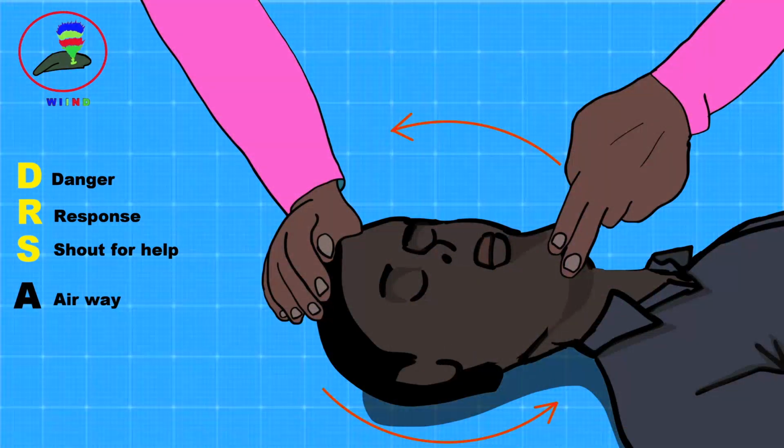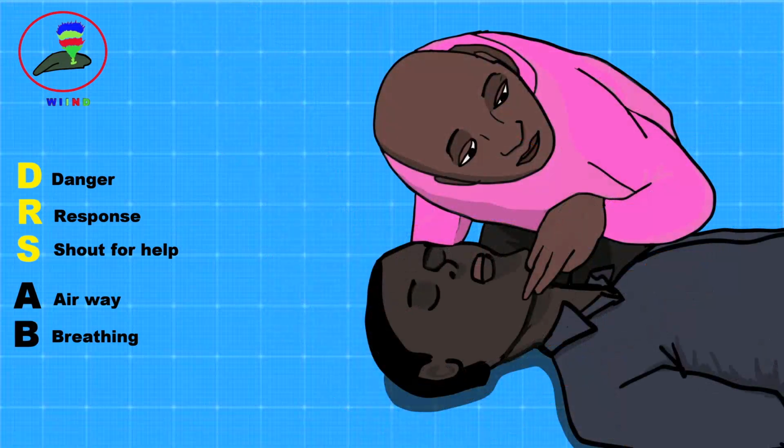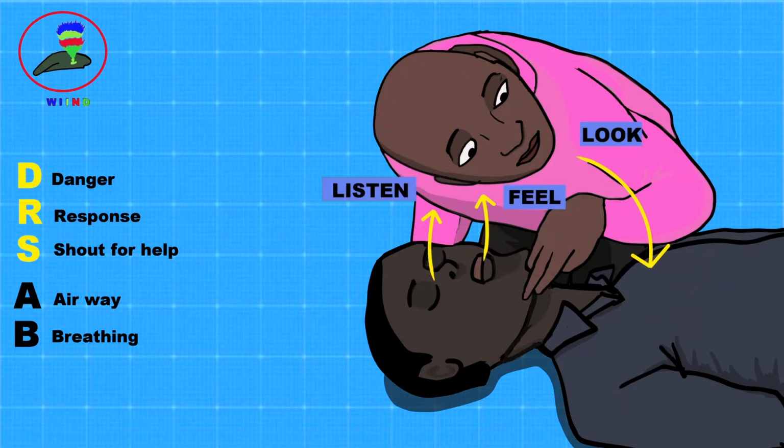A is for airway. Gently tilt the head back like this to open up the airway. B is for breathing. Look, listen, and feel for signs of normal breathing. Look for normal chest movements, listen for normal breathing signs, and try to feel their breath against your face. Do this for no more than 10 seconds. If there is no sign of breathing or they are breathing in an unusual noisy way, we need to start